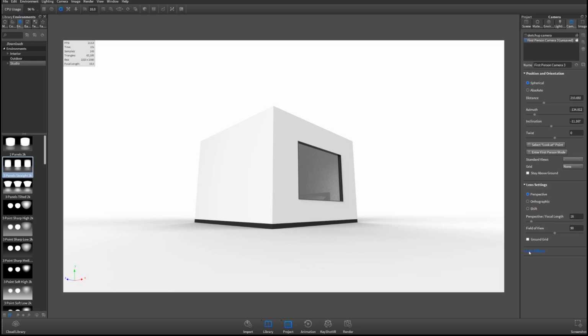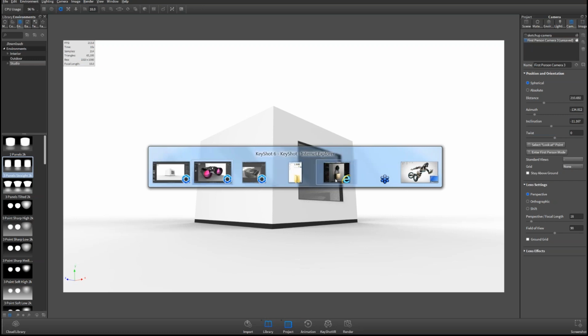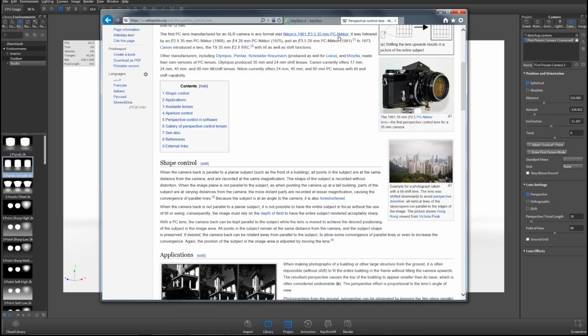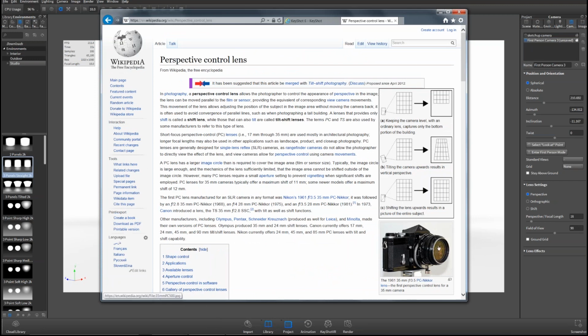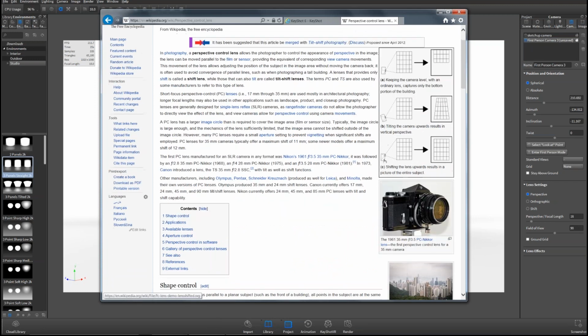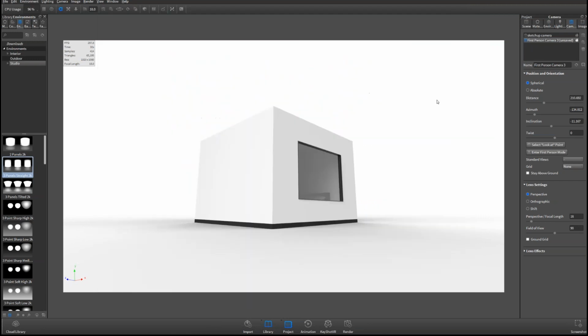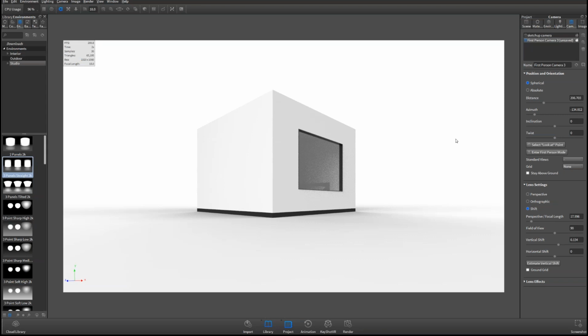Something that we've added is a shift lens, right? So what a shift lens does, and I kept this Wikipedia page open, just in case anyone is curious, this is a great explanation of what's actually happening, right? But in photography, you actually shift the position of the lens to change how it projects the image onto your image sensor, right? This gets nice and complicated in real life. However, within KeyShot, all you have to do is enable the shift lens, and now we have a button, Estimate Vertical Shift. When I click that, you'll notice that all of my verticals are now actually vertical and perfectly parallel. So now we can recreate a 2-point perspective, which doesn't really exist in the real world unless you're looking directly at something, right?